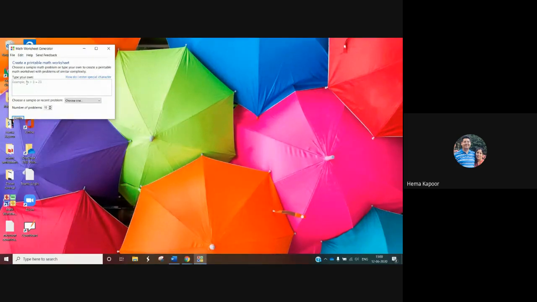Now here you will type the problem you want. For example, you want a fraction problem. So you can type here. So I've just written down my problem, 1 by 4 plus 3 by 6. Now, if you want more number of problems, you can click on that.